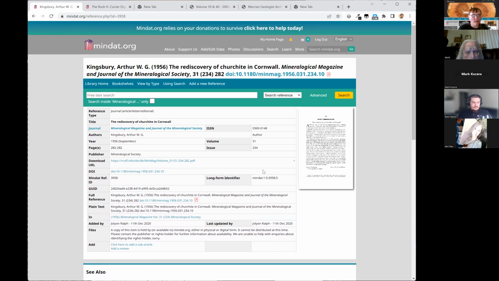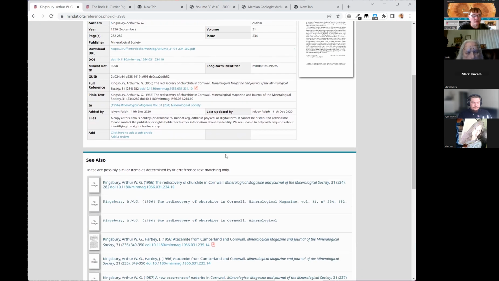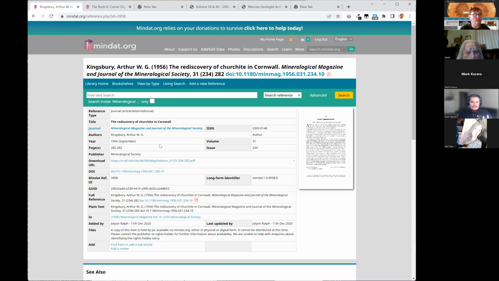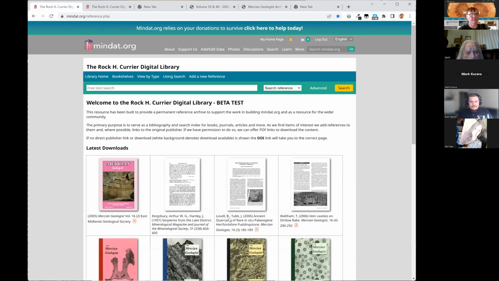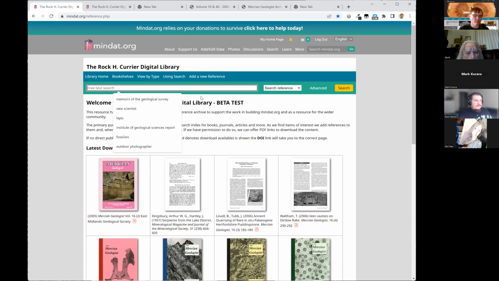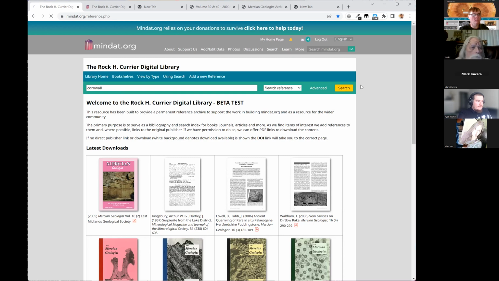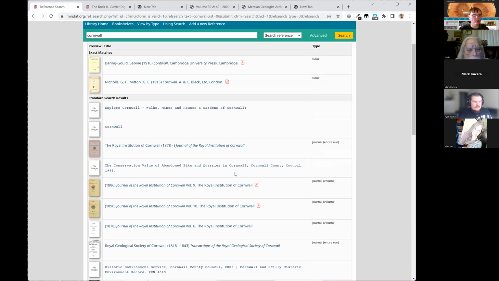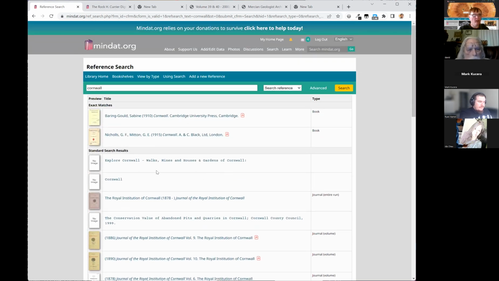But yes, going back to what I was saying, that we want to index the content for searching. I think it's quite important to go through the searching tools on the site. I'm just going to go back, start afresh from here and show how the search works. So if we do, for example, a search for Cornwall, then we're bringing up items that have the word Cornwall in them. So it has exact matches where this is the title of a book, Cornwall. And that's important because if you want to go, for example,